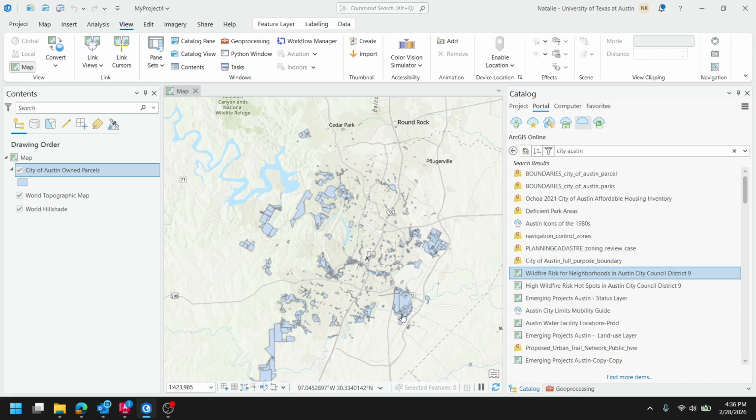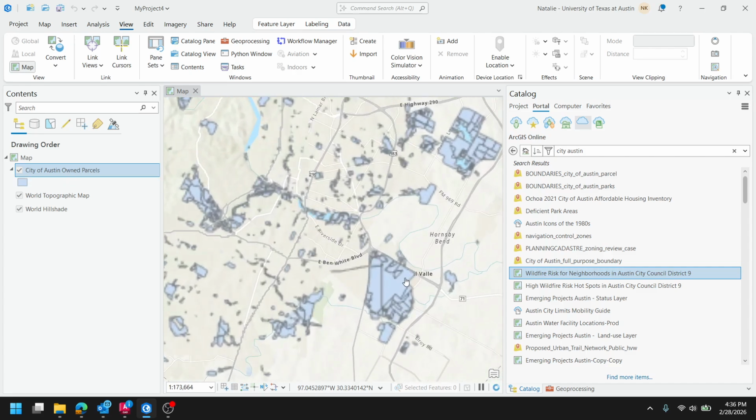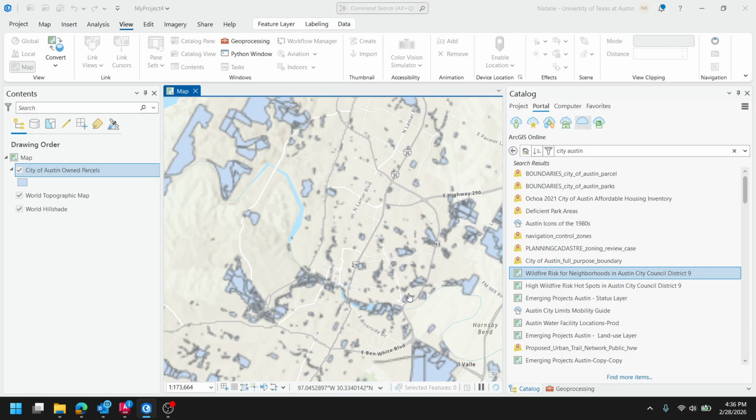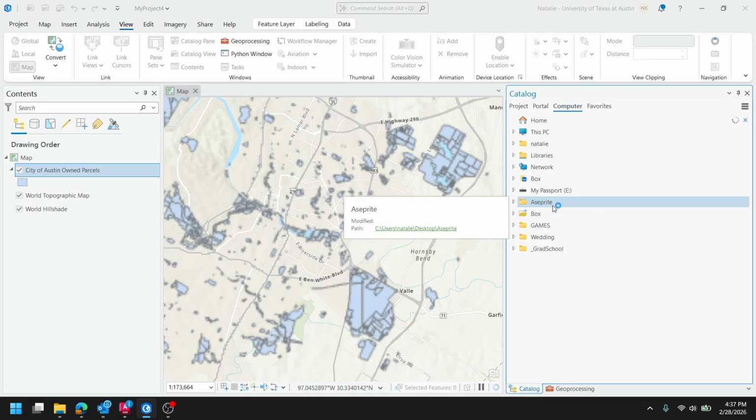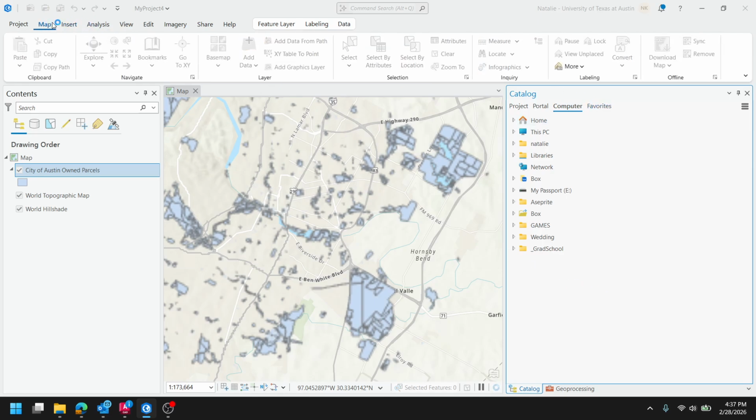Okay, so I just briefly pulled in the City of Austin owned parcels so we could see what that looks like. But that is an example of how you can search for data online. And then if we have data that's downloaded, there are two ways we can do this. I typically do it by going to,